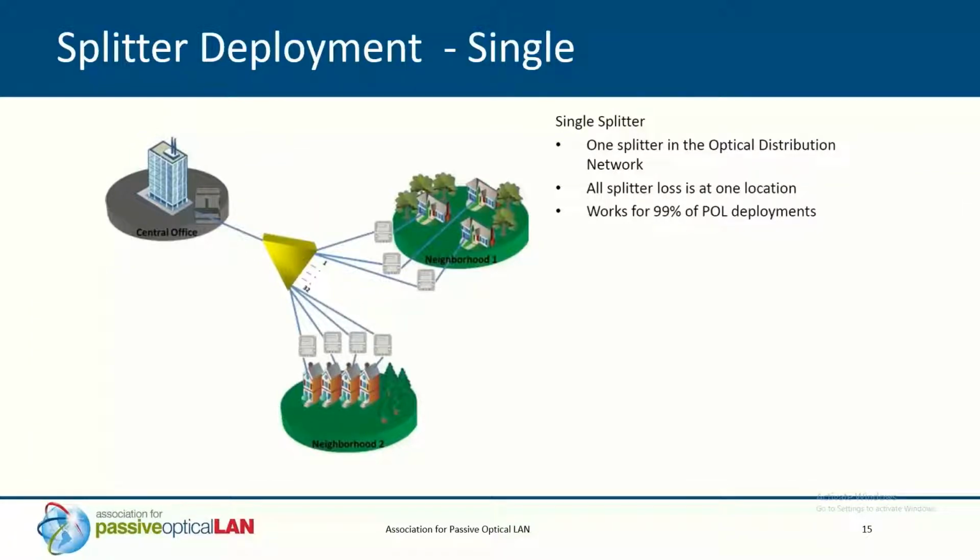Next slide. So let's look at one of the most popular ways to deploy a splitter, and that is where we have one splitter for the whole network. The most common is a 32-port splitter where you have one or two fibers coming into the splitter, and then it splits out to 32 different end locations. And these end locations are where the ONTs are, and then from the ONTs, the type and number of ports and so forth would determine how many end devices you would have connected.